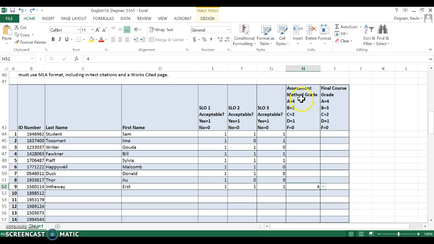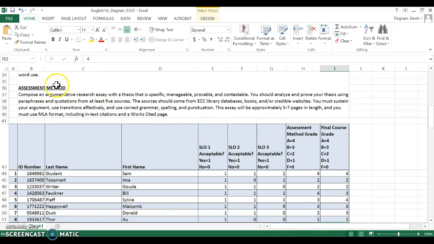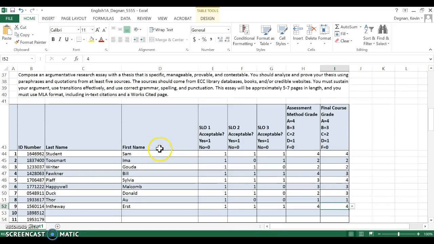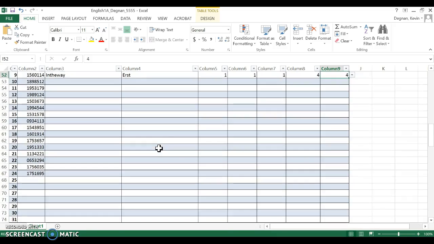We are also recording the assessment method grade and the final course grade. Here we have F equaling 0, D equaling 1, C equals 2, B equals 3, and A equals 4. So let's enter in that material. And so here we go. Once you've entered in the SLO data, the assessment method grade and the final course grade, and again, the assessment method grade is what they actually received on the assignment that you're using to collect the SLO data, we scroll down,